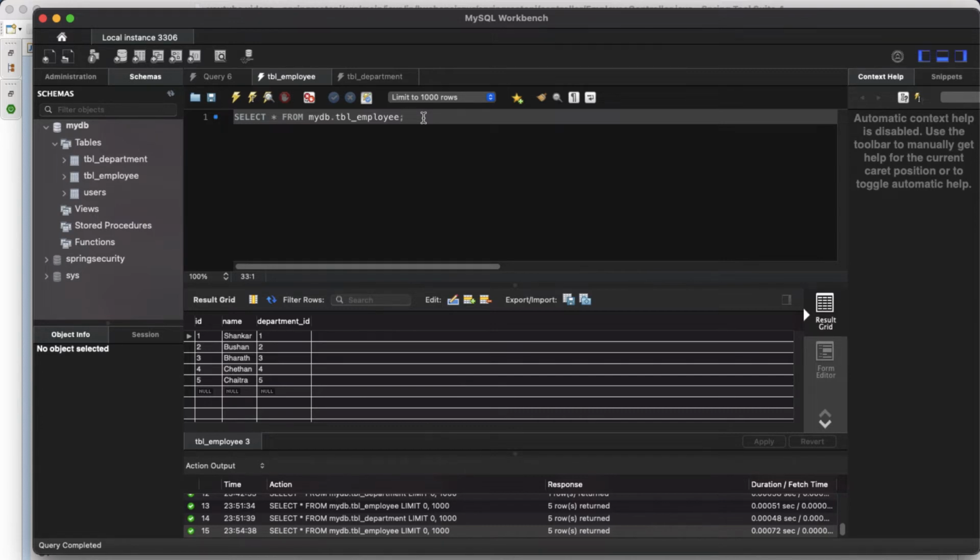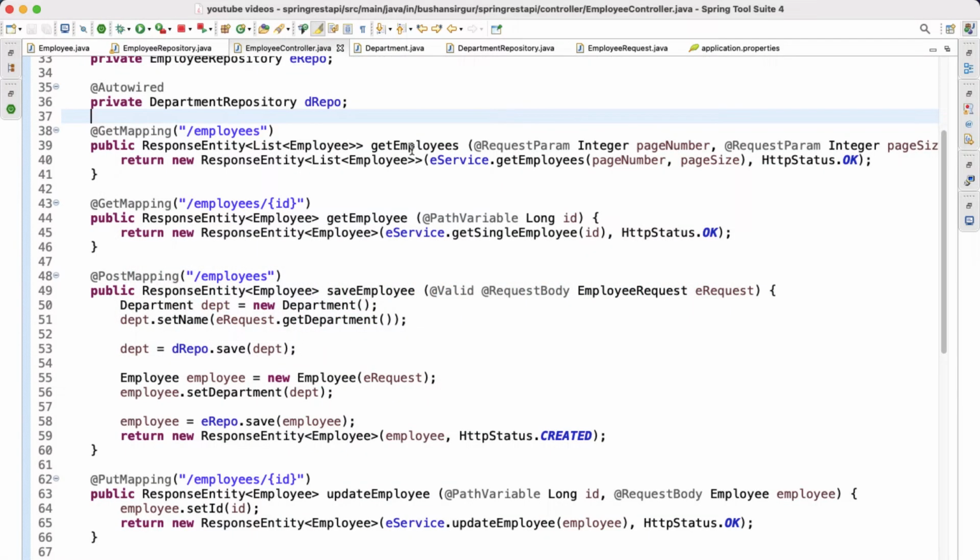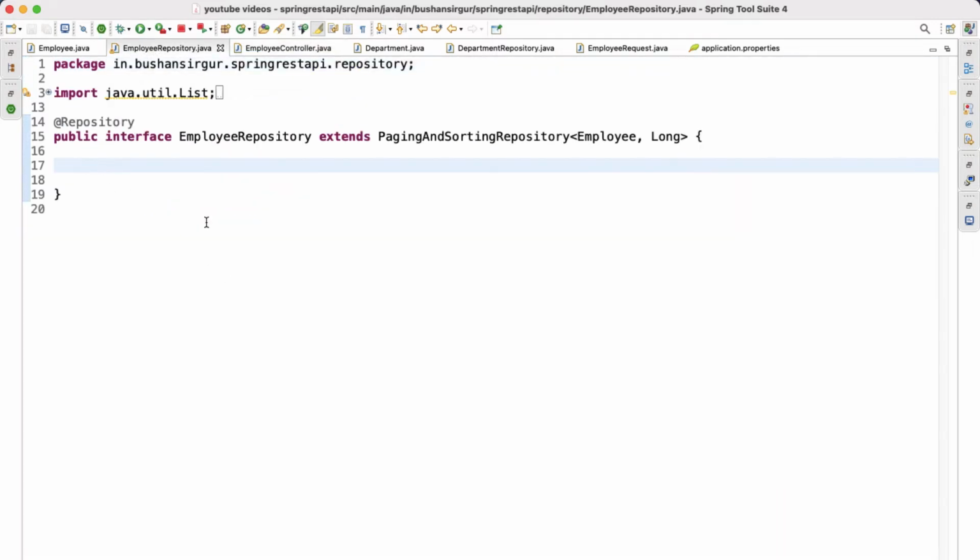First, let's write a query method for this. That query method internally converts into a join query. JPA will convert it into a join query and fetch the records for us. Let's go to the STS, to the employee repository, because we have to retrieve the records from the employee table. We have to write a finder method inside the employee repository. This is going to return a list of employees, and we know that the query method starts with findBy and we need to start with Department.